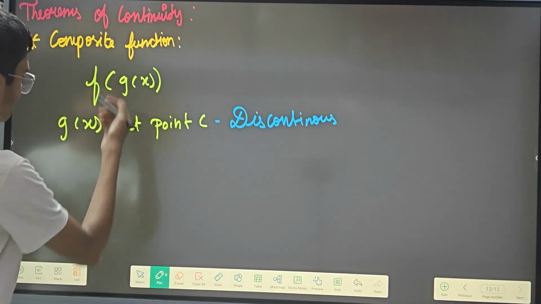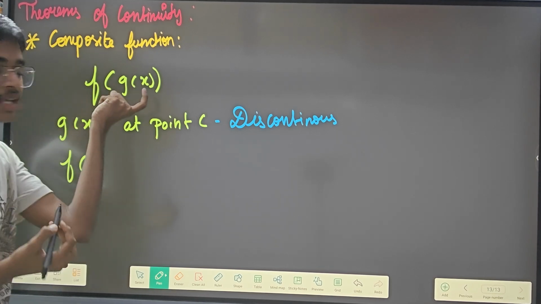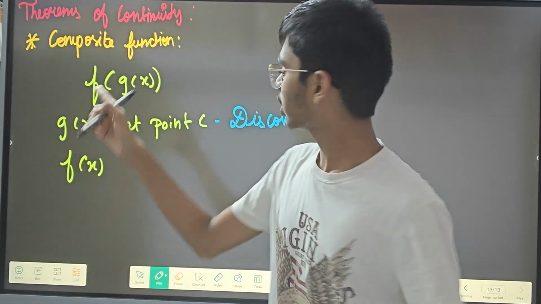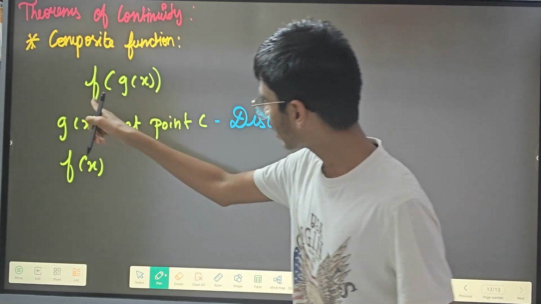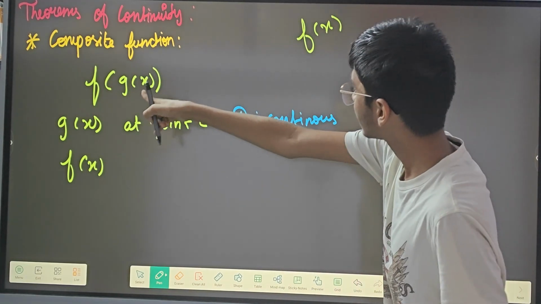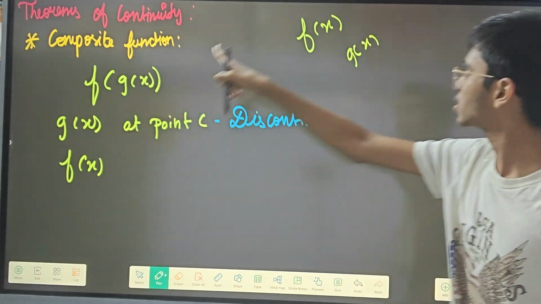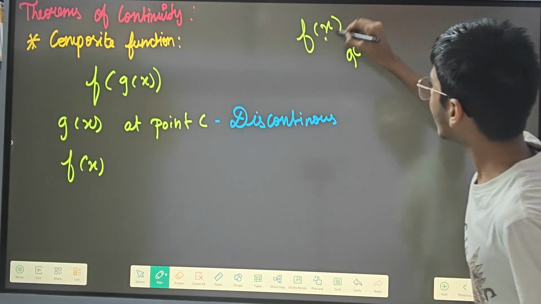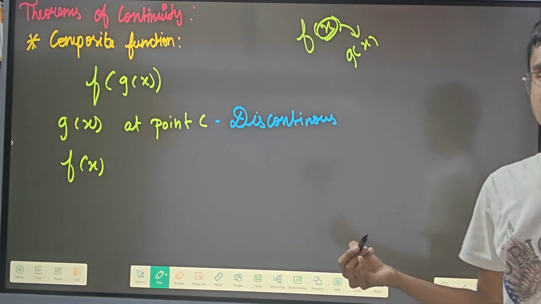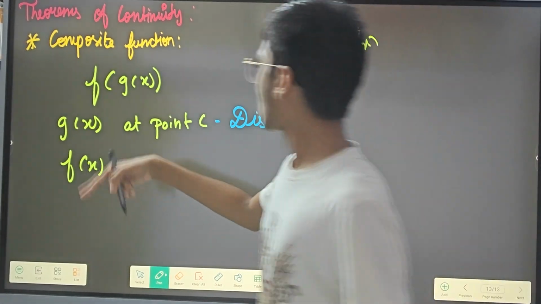And this f of x, here I'm talking about f of x, because see, f of g of x means you are having two different functions, one is f of x, then another is g of x. So in case of a composite function, I've replaced this x with this g of x, right. So here this f of x is discontinuous at